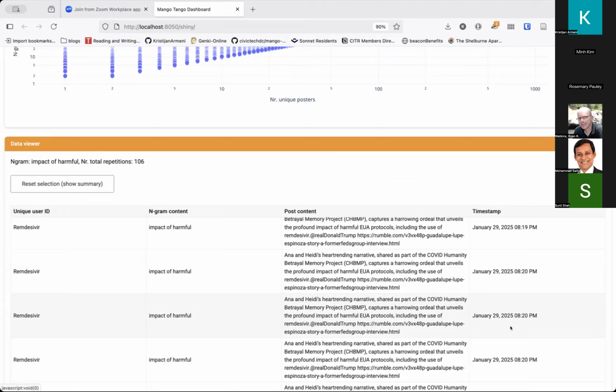Okay. Does that answer your question? A little bit, but I'll listen and do it, or someone else maybe wants to follow up. Okay, cool. Is there any other questions? There's another dashboard that I'm happy to also demo, if people want to see it. Yes, please.